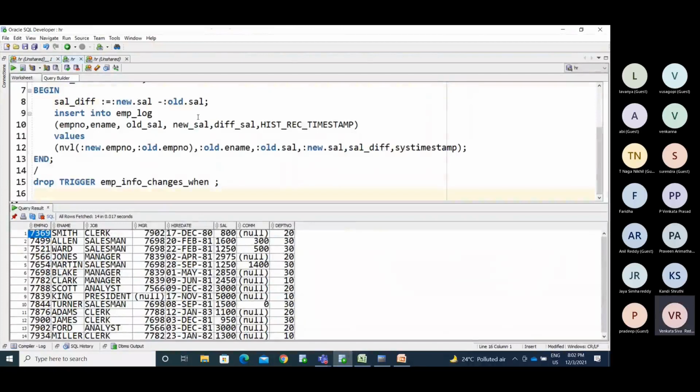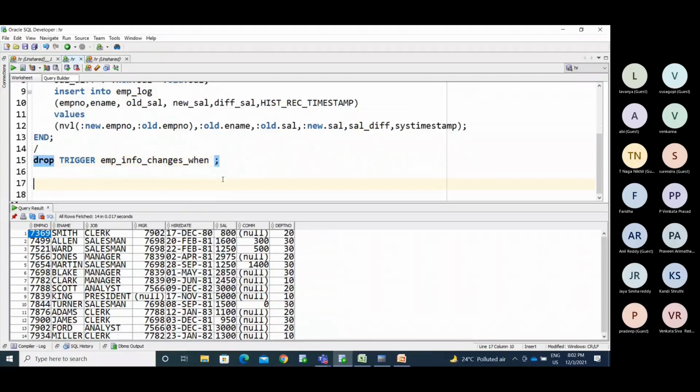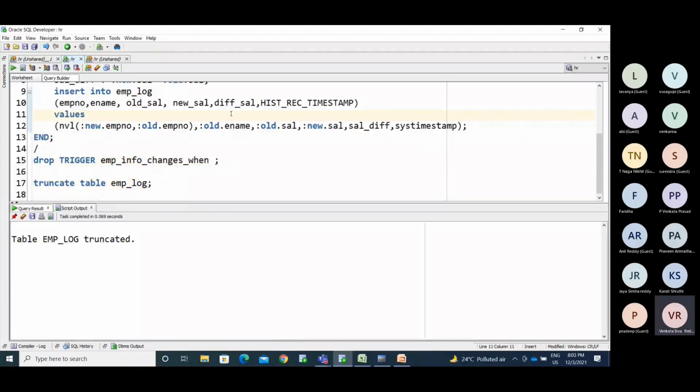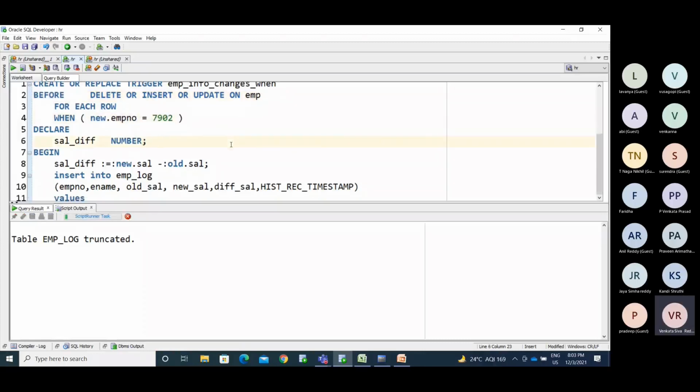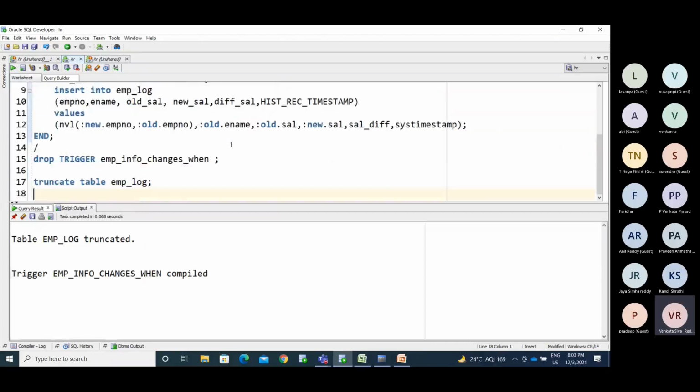I'm truncating the employee table. Here also I'm maintaining the log only when I am updating the employee with number 7902. Now I created the trigger.